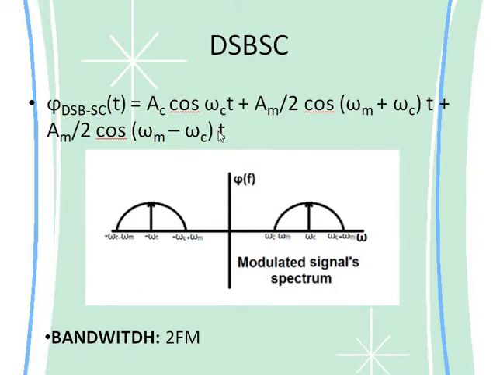This is the equation for the double sideband suppressed carrier, where Ac cos omega ct plus Am by 2 cos (omega m plus omega c)t plus Am by 2 cos (omega m minus omega c)t. You can see we don't have any carrier,